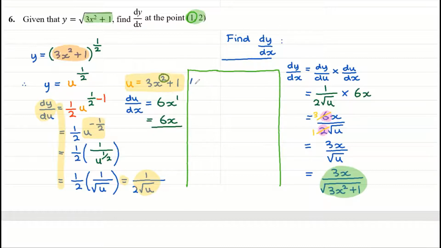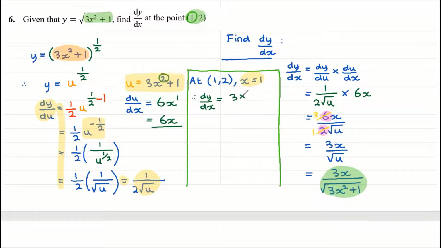So at 1, 2, we know that x is equal to 1. All right, so that's the value that's going to be substituted in. So therefore, dy by dx is going to equal